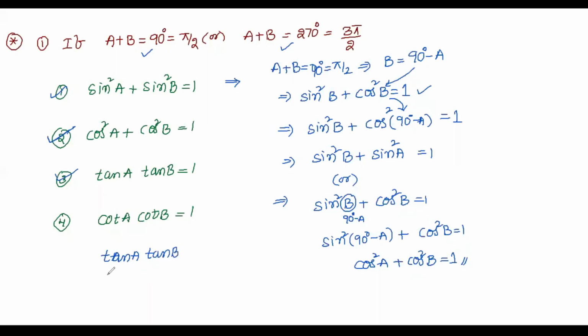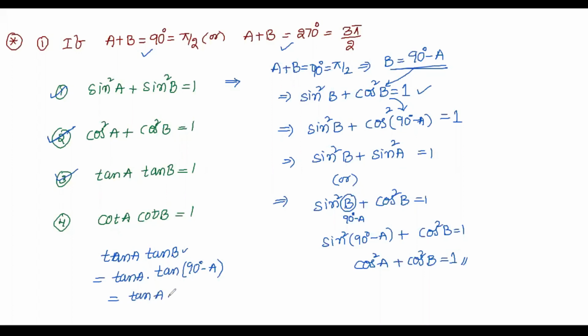Tan B. So what is tan B? I am writing tan A as it is, but what is B here? B is nothing but 90 minus A. So I am going to replace B by 90 minus A. So 90 degrees minus A. So this is tan A